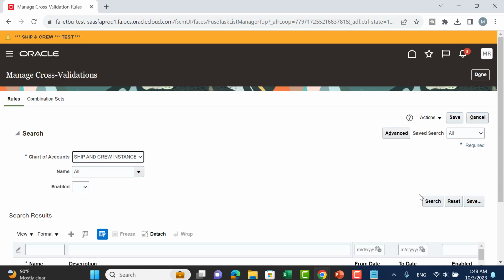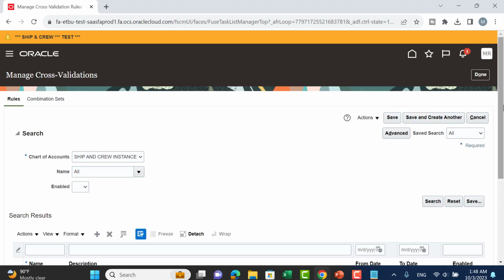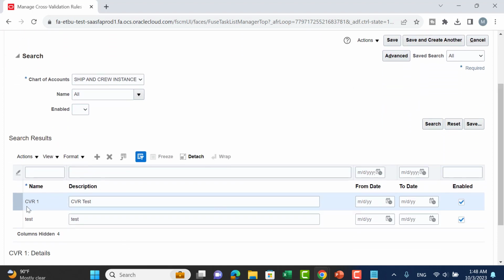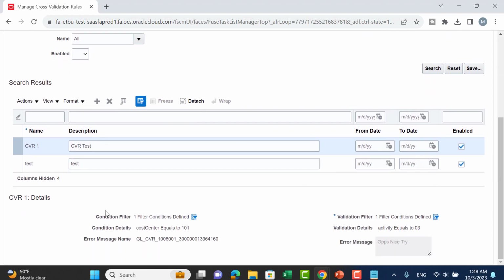You can click on search. You will find my rule already uploaded, and if you go down, you will find the conditions: cost center 101 with activity 03. Error message, oops, nice try. So these are the setup steps. Now I'm going to the second